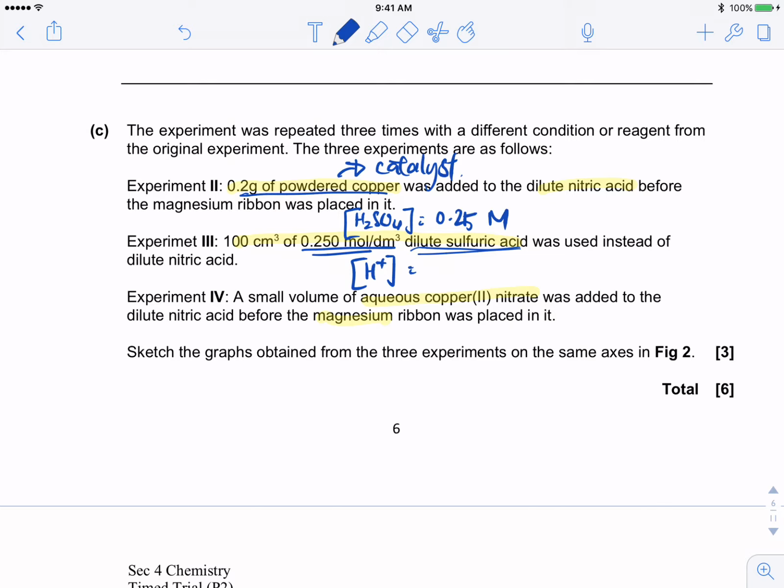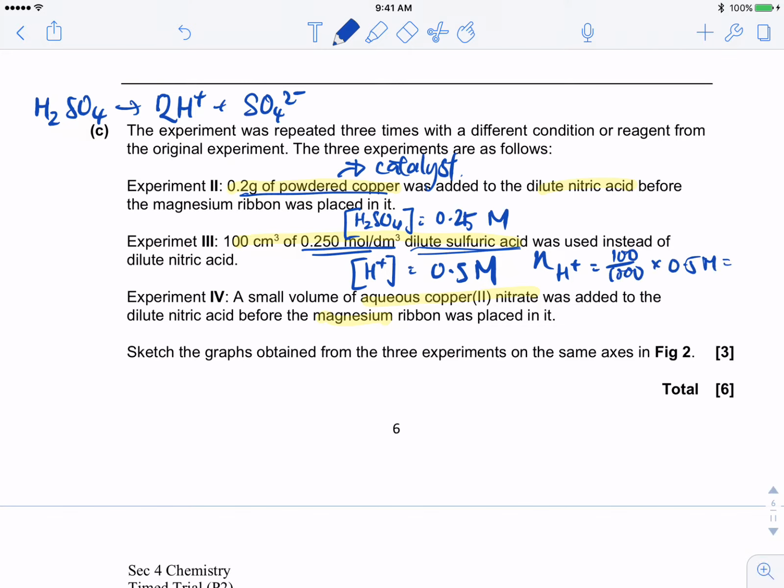It should be twice the concentration of H2SO4, because for every 1 mole of H2SO4, it will become 2 moles of H plus and 1 mole of SO4 2 minus. So it is 0.5 mole. Then it's 100 cm cube of it, so the number of moles of H plus is again 100 over 1000 times 0.5, which gives us